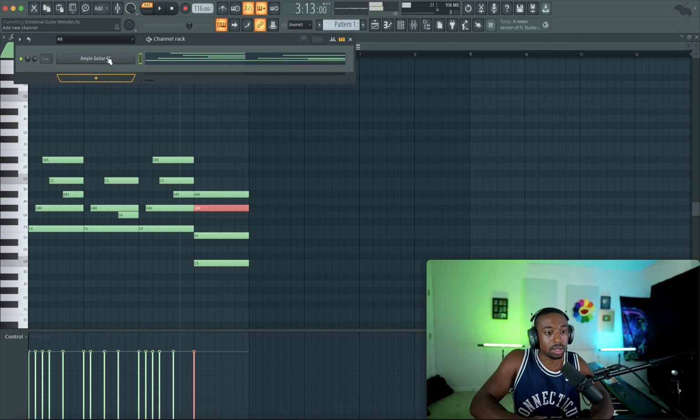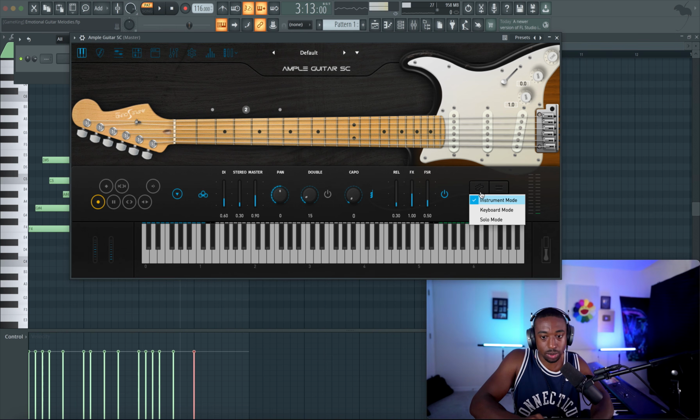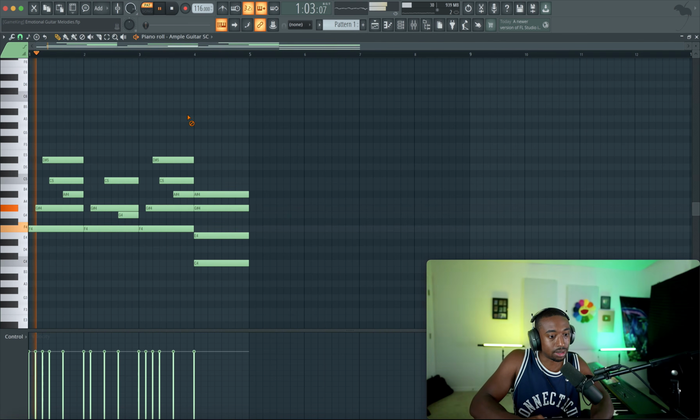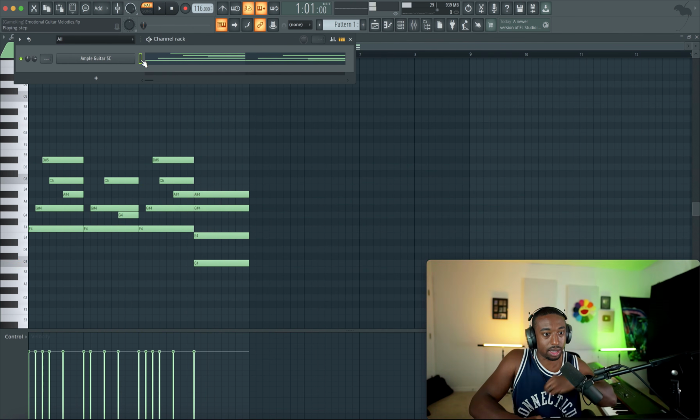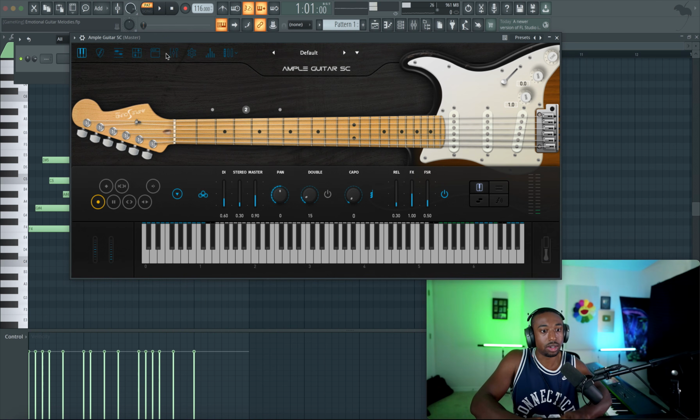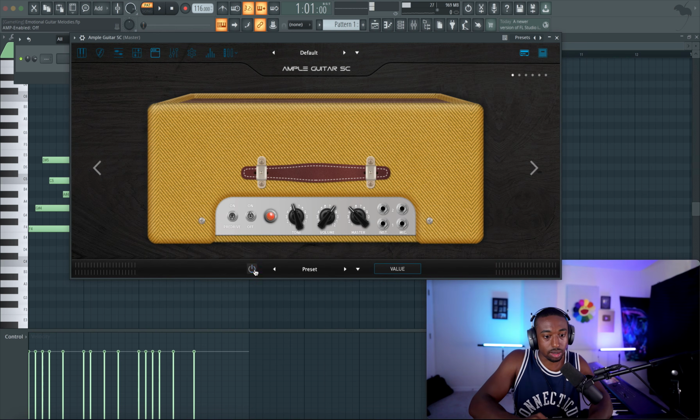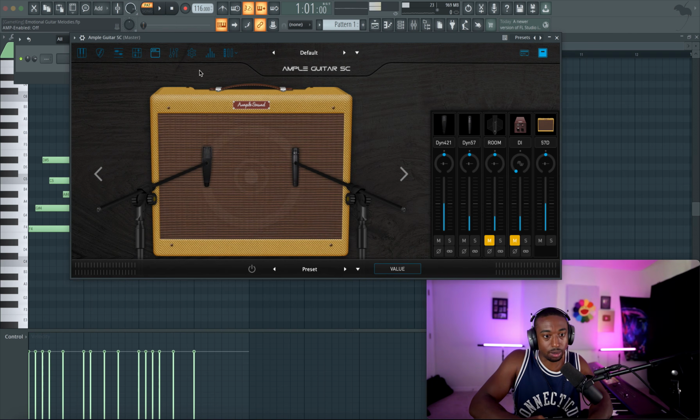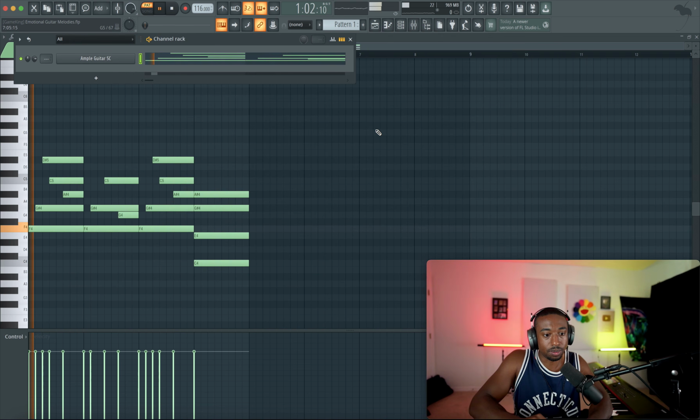It's hard to hear. Let's turn this mode off. Let's put this on keyboard mode so it doesn't do that note bendy thing. Now we can hear the tones as is. See how it has that finalized energy. So let's do one thing here. Let's just turn off the amp and the cabinet combo. I don't think the cabinet's even on.